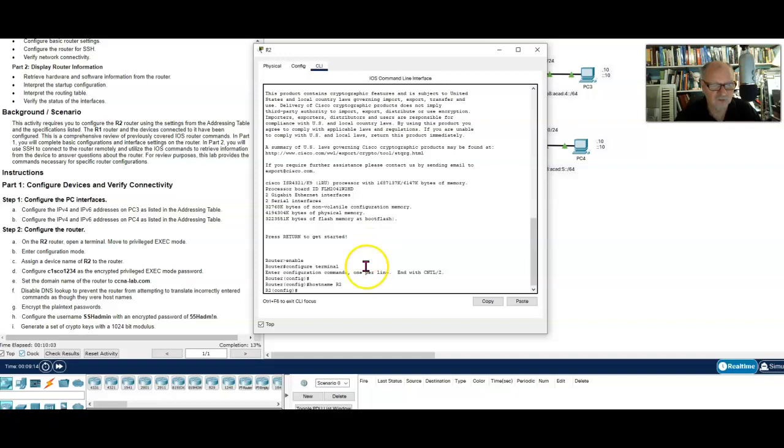Make sure this stays on top. Enable secret. And then again, I have to make sure I do this very carefully. Small c, a 1, small s, co, 1, 2, 3, 4. If I don't make sure I do these passwords correctly, then I have a problem in that I won't be able to get back into it. And I've seen more than one student have to redo their labs because somehow they locked themselves out. So be very, very careful.